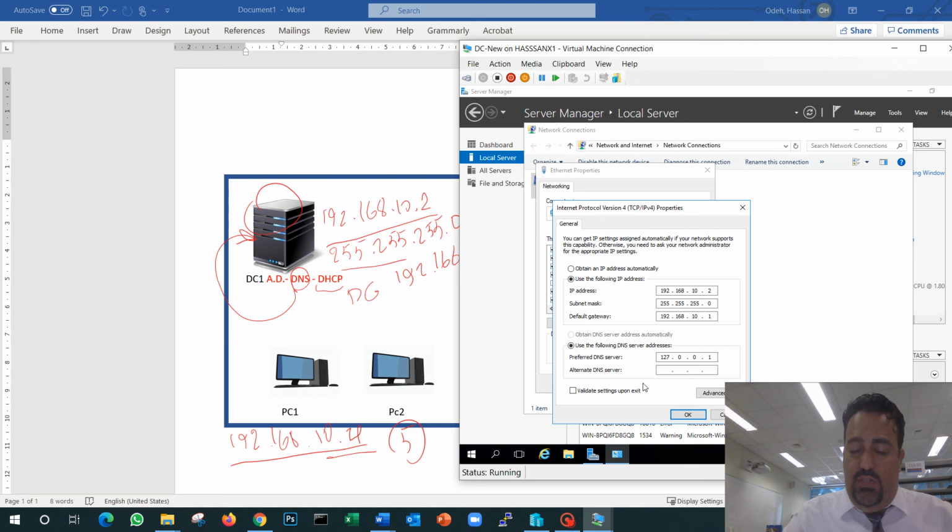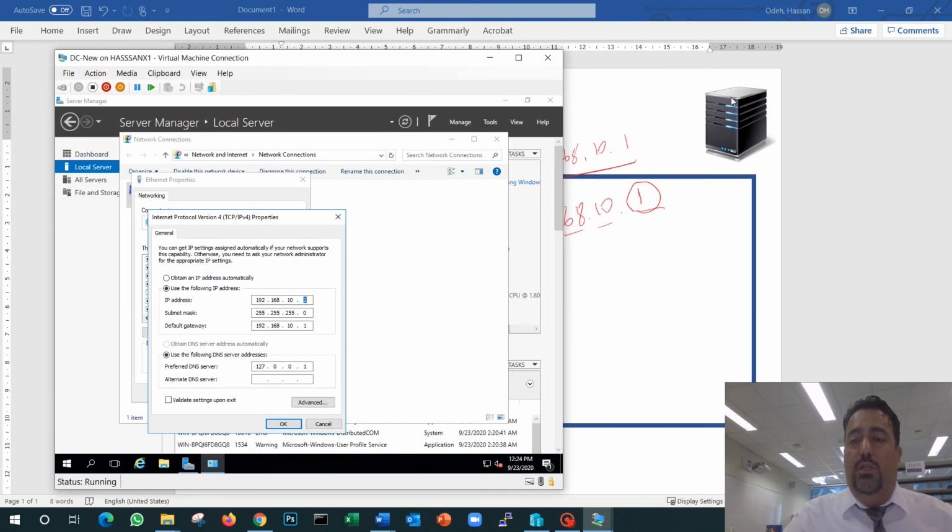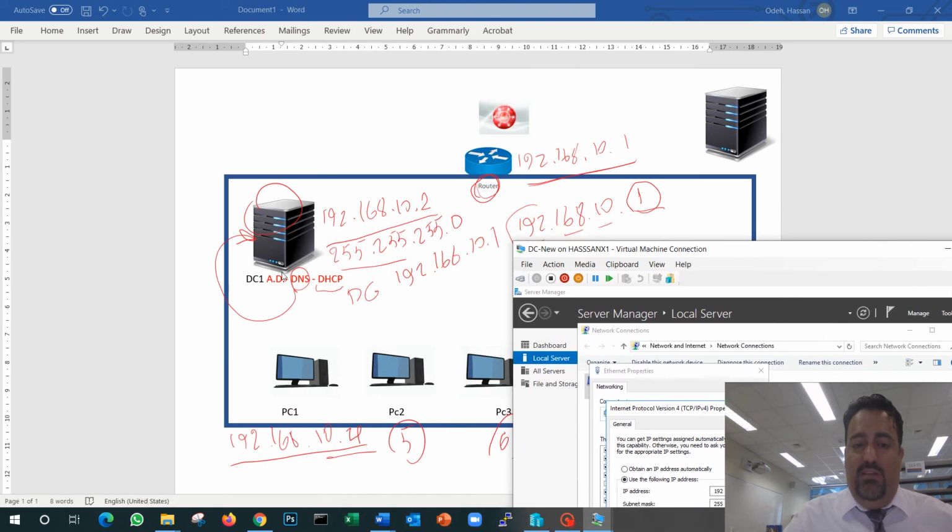Of course, when I want to do this screen on BC1, I have to put here, instead of number 2, number 4, because the IP address I wanted is number 4. And of course, for the DNS, I have to put the DNS address of my network. What is the DNS on my network? It is 192.168.10.2. So for BC1, BC2, BC3, even for domain controller 2, the DNS is going to be the IP address of my first server that has the DNS.